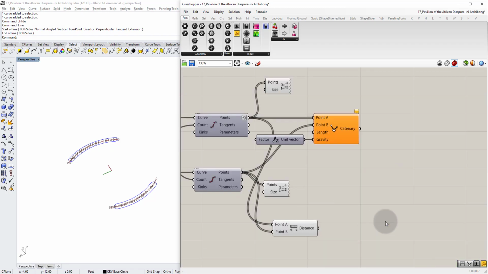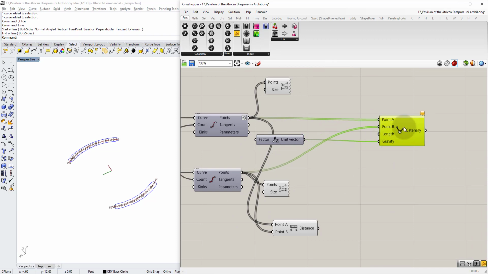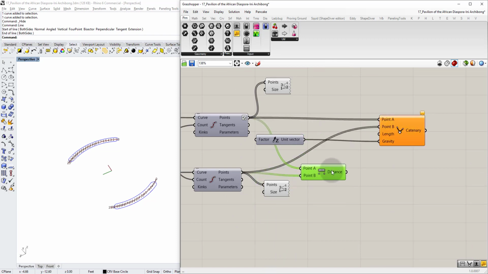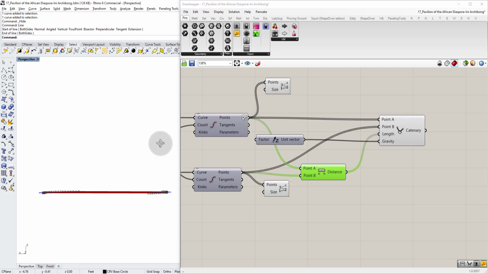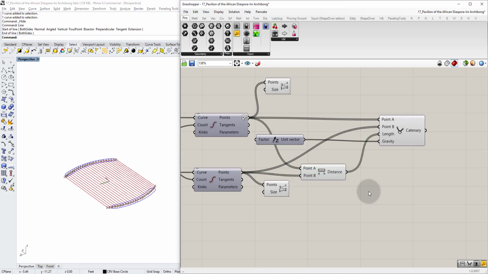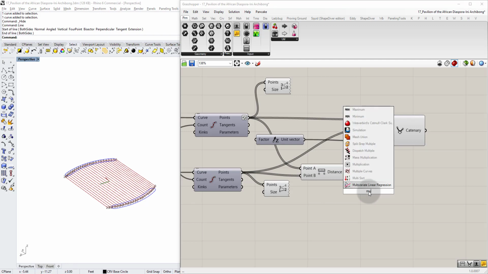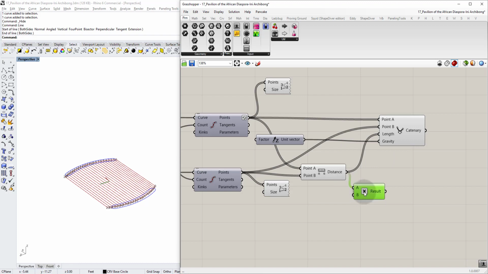Well, one thing you can do is, what if you always went a little bit higher than the distance? So if I drew a catenary curve that's the exact distance between them, I'll just get a straight line because that's the shortest distance between those 2 points, right? Just a straight line that's perfectly flat. But what if I multiplied? So if you start typing in, you'll see multiplication. What if I multiplied